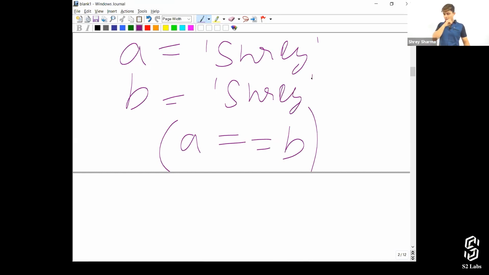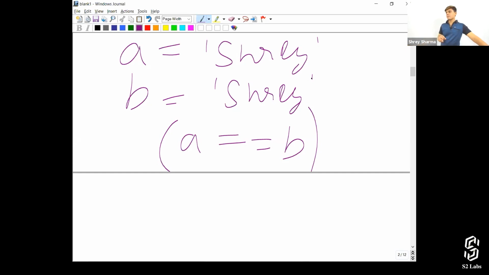You sure? In Java, it works like this. So we have to use a dot equals function over there. We do not have to use it in here. Double equals to is sufficient to compare the values. So let me explain it to you if you do not know. In Java, when it is about string, it does not compare the value. It does not perform a deep check. It performs a shallow check.